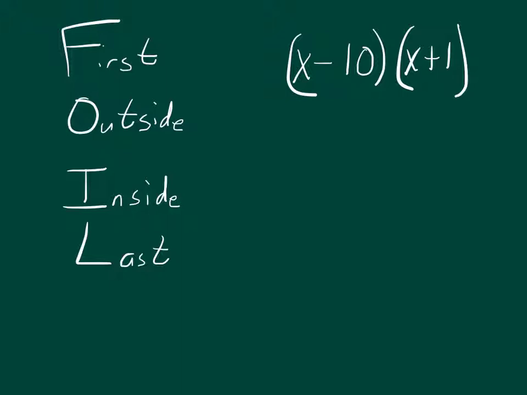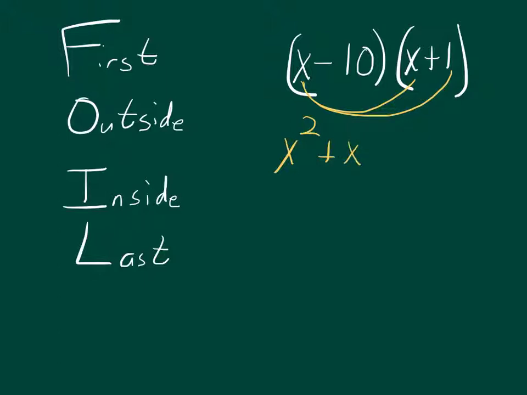So if you have a binomial pair, like these guys, again, x minus 10, x plus 1, to expand it fully into a trinomial expression, you're going to multiply the first terms. We have an x times an x, that's of course x squared, and then you'll multiply the outside terms, so that's x times 1, which is just